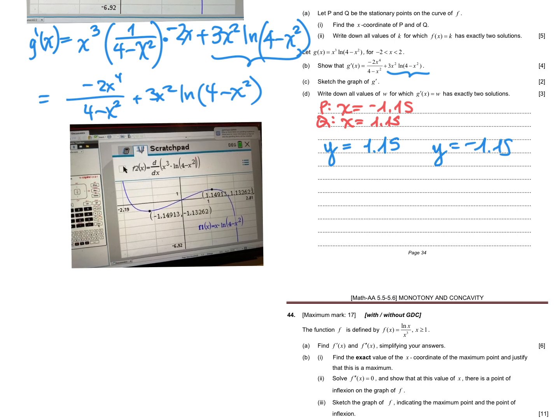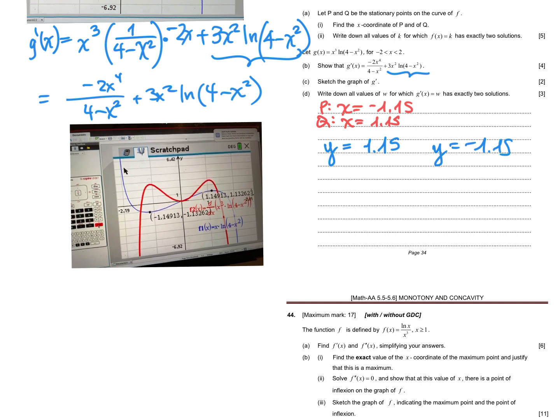I'm sure this would never come up, but if it did. So that's the graph of the derivative, so the red is the derivative of the blue. So then if we want to write down all values of w for which the red line has 2 solutions, so here, that would have 2 solutions. And if we move,